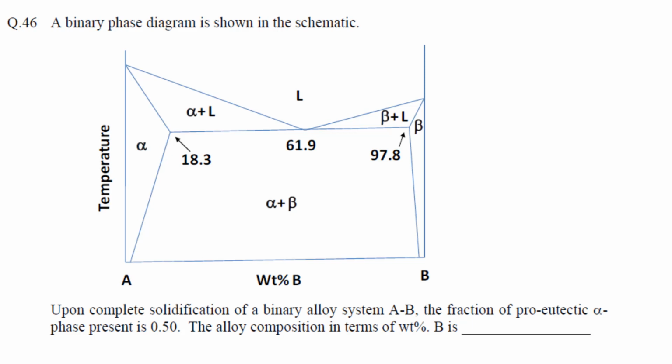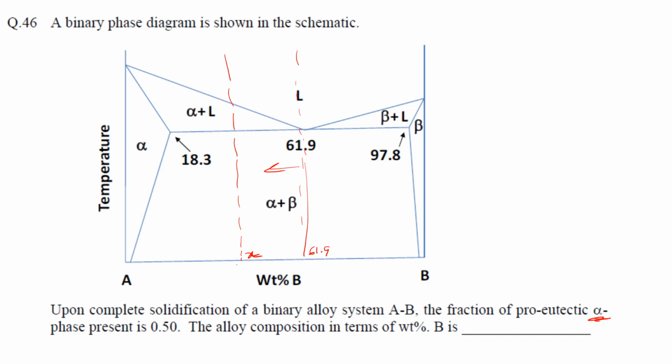okay. So it is saying that there is some amount of pro-eutectic alpha ferrite. Since the alpha phase is forming, the alpha phase is basically formed in the zone left of this one, right? So the alloy should be somewhere here. So let it be X composition here, suppose, and here it is 61.9, right?